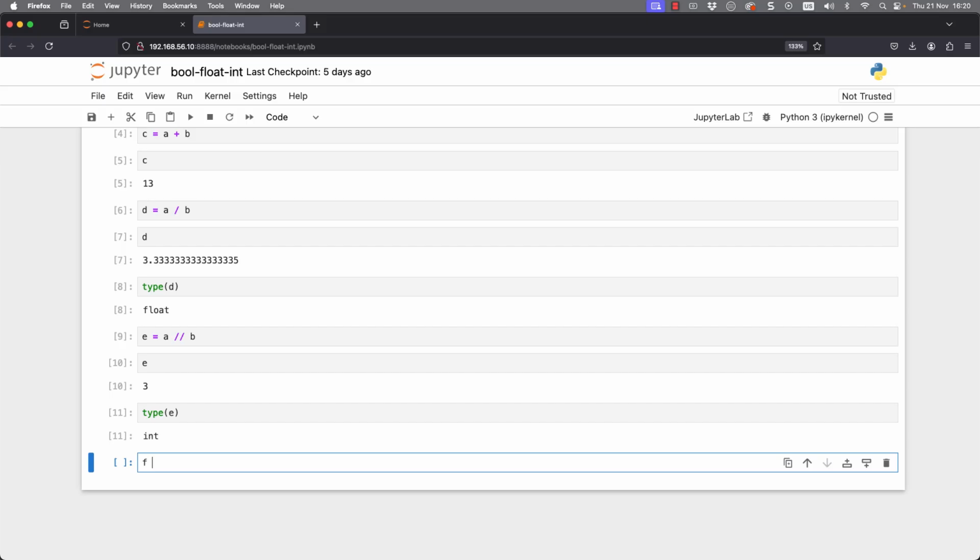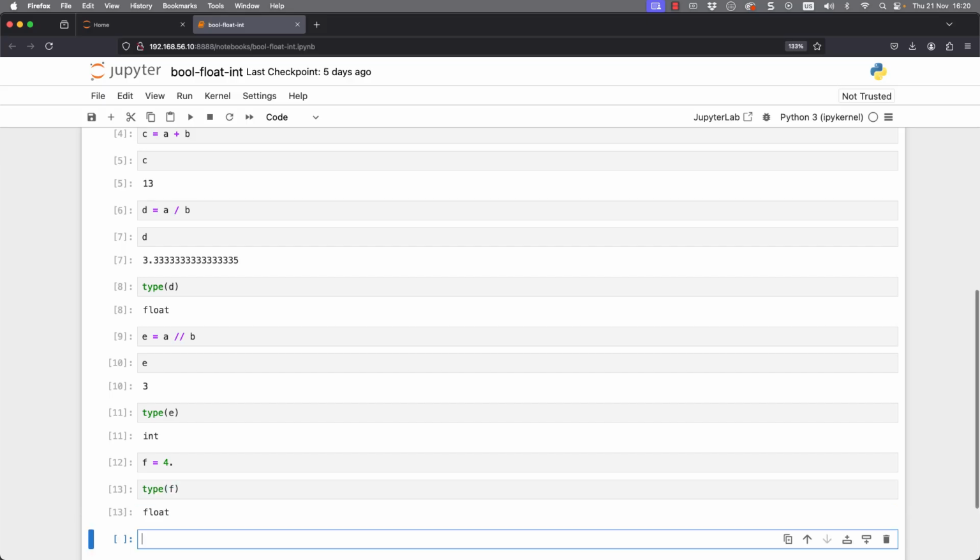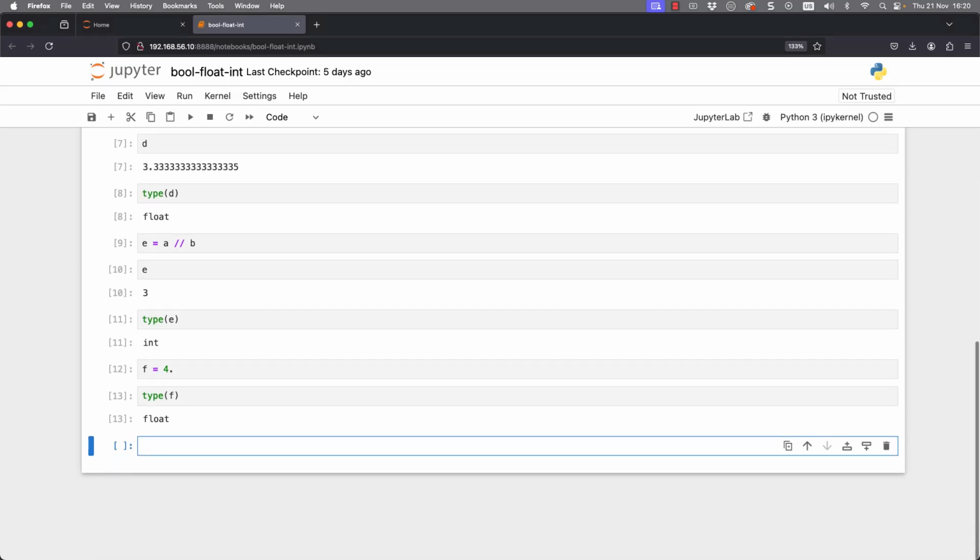And as I said, even though we're using single character names for variables, if I went back through my code, it would be hard to recognize what D, E, F, and so forth would be. But let's set up a variable called F. If we set that to 4 dot, even though you might argue that this is a whole number, it's going to be stored as a float. So if I look at the type of the variable f, we can see that it is a float.